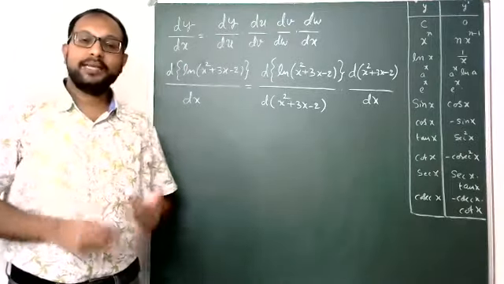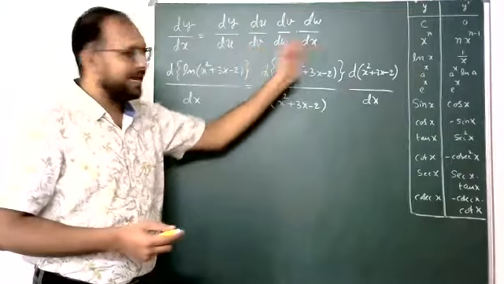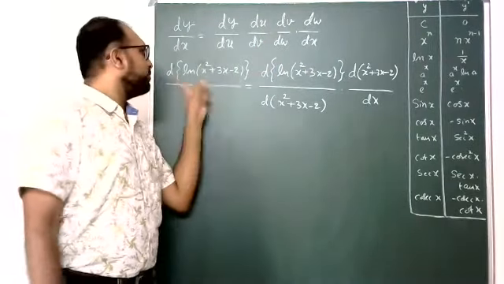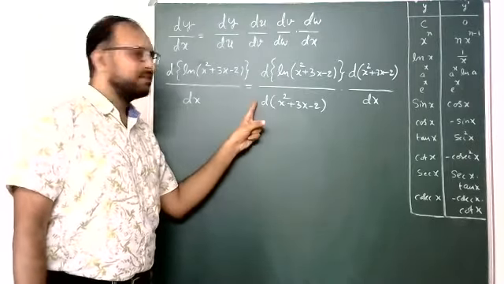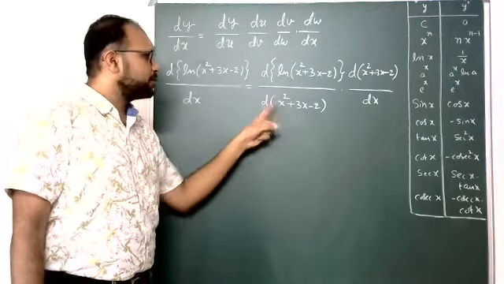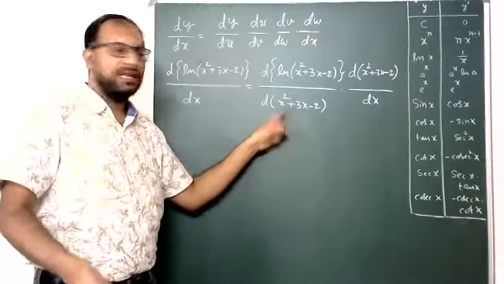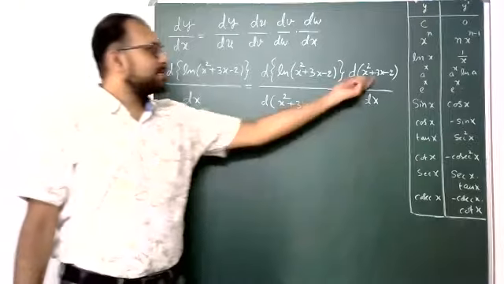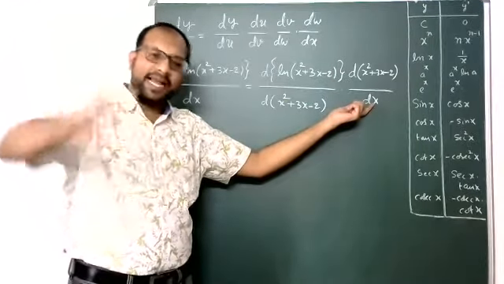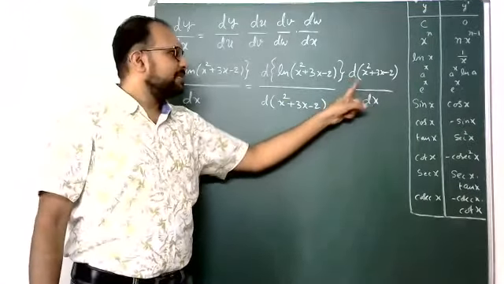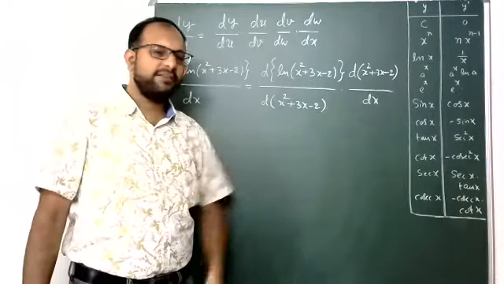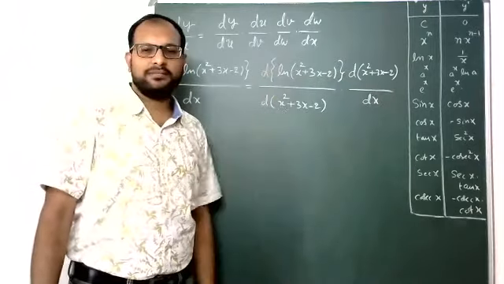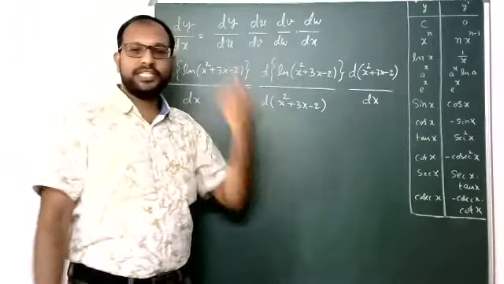Problem now over. Suppose a still more complicated function is there, the remaining chains are also required. That also I will explain. Yes, now the derivative of y with respect to x I am writing, students. Derivative of y with respect to u, that is one more function in x, into the derivative of u with respect to x. The last function should be very easy. Suppose it is not easy, again the chain rule is required. See, this we all know: the derivative of x square plus 3x minus 2 is 2x plus 3. Already known, that's why that is the last. Suppose not known, like this one more chain rule.